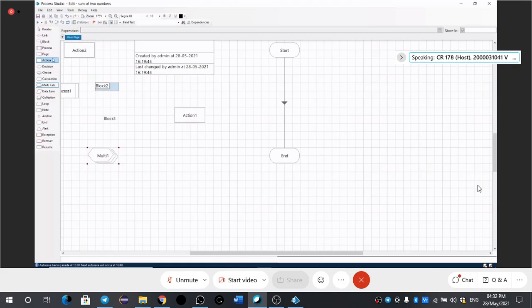Suppose we are in the main page, by default. If I need to create one more page that is to be connected with the main page, in order to create multiple pages, we use the page stage. So this is all about the Process Studio and its stages. We can say all these are stages, 20 stages in the Process Studio. So we will use all the stages.